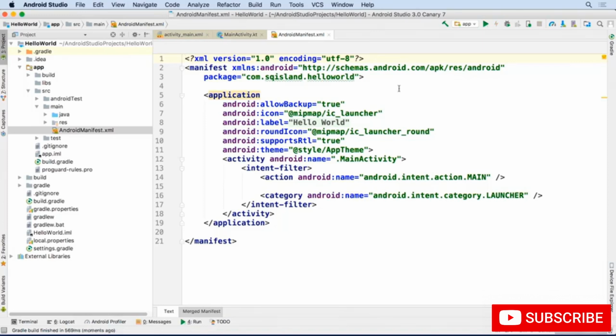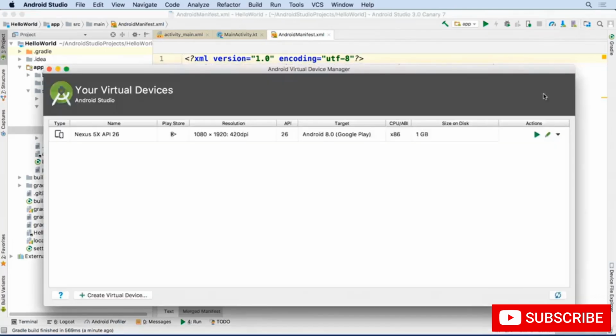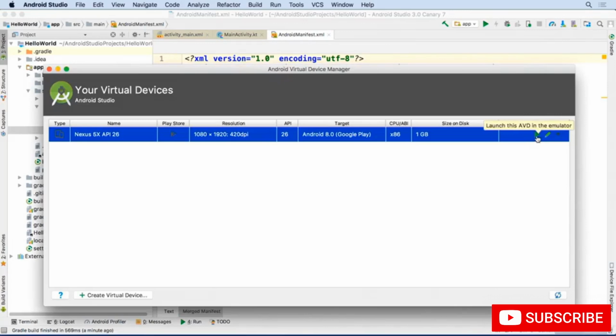Let's bring up the emulator so that we can see what the launcher is. Click on this icon on the top, which is a purple rectangle. Choose your emulator, click on the green triangle to launch it. On the emulator,